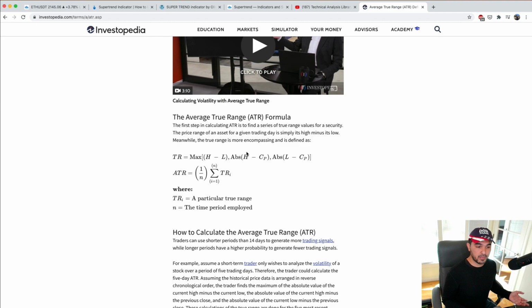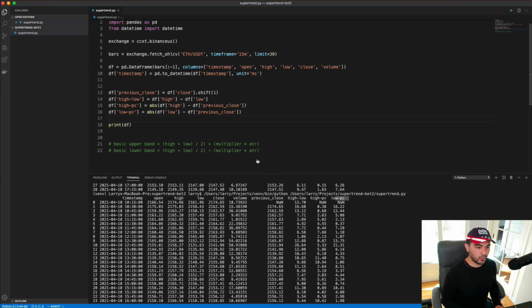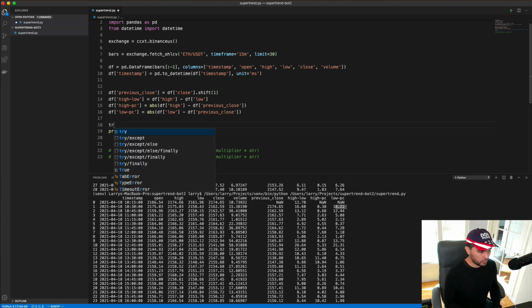It's just the maximum of those. So how do we get the maximum of these three numbers, all the way down? So I want to compare high minus low, high minus previous close, and low minus previous close. How do I do that in pandas? Well, I can create a new value here called true range, and I can set that equal to my data frame. And what I need to do